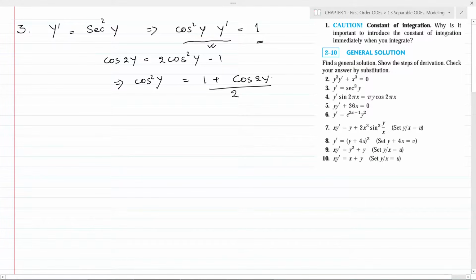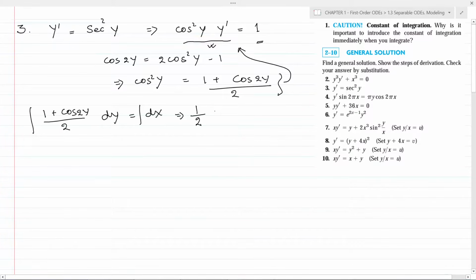We substitute this identity in here and we get (1 plus cos 2y) divided by 2 dy is equal to dx. We integrate both sides and we get